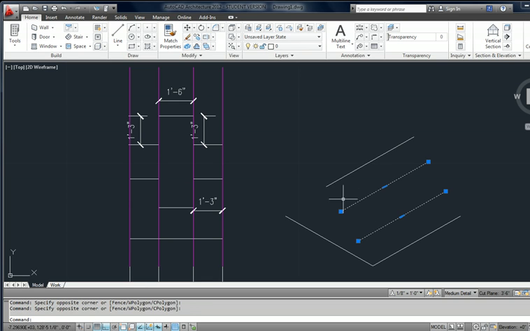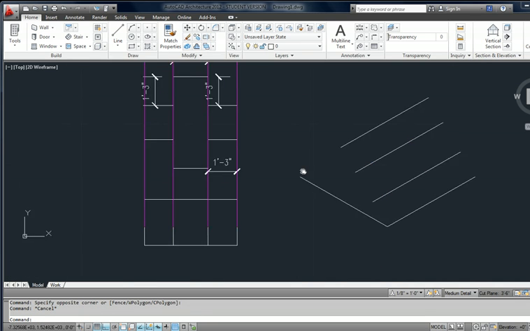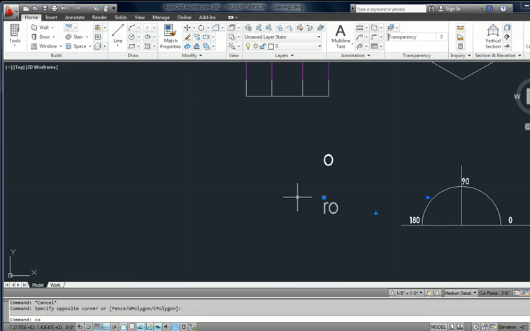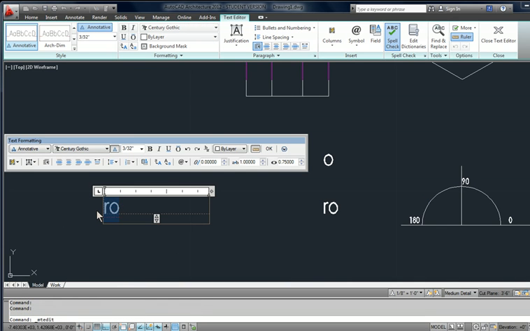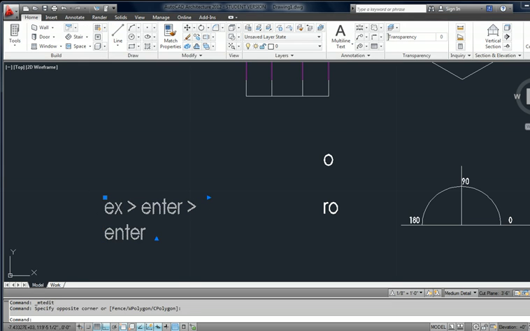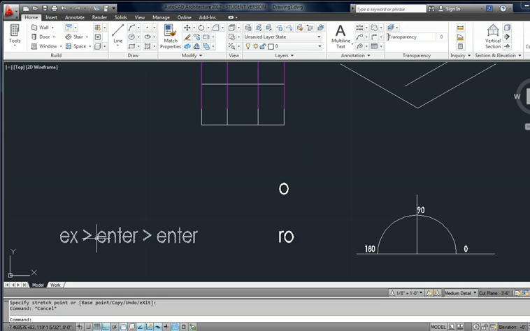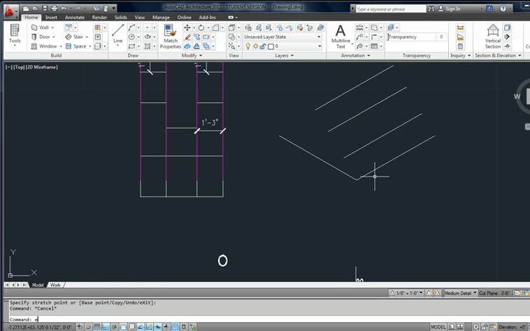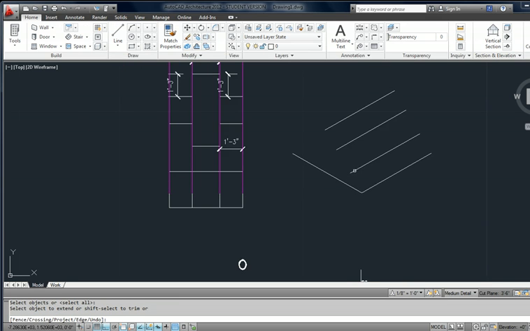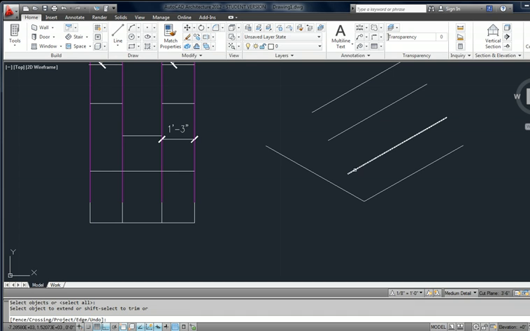I'm going to take this line, and that line, and extend them to this line. One way of extending a line is EX, enter, enter. So I'm going to type in EX, press enter, enter, and I want to make sure my mouse is located towards the end of the line segment in the direction in which I want to extend it. So notice where my mouse is located. Click it, click it, click it,